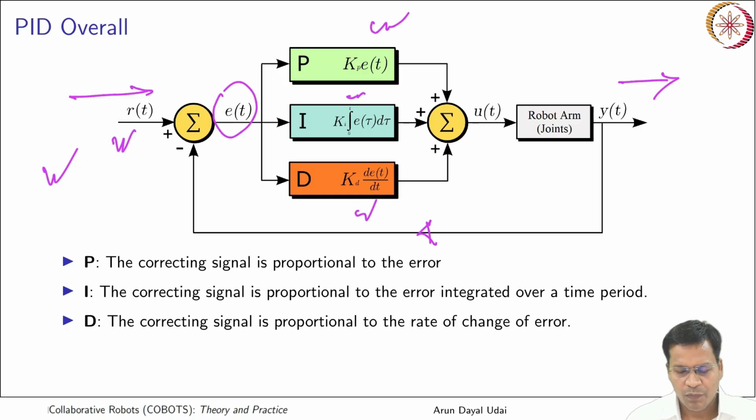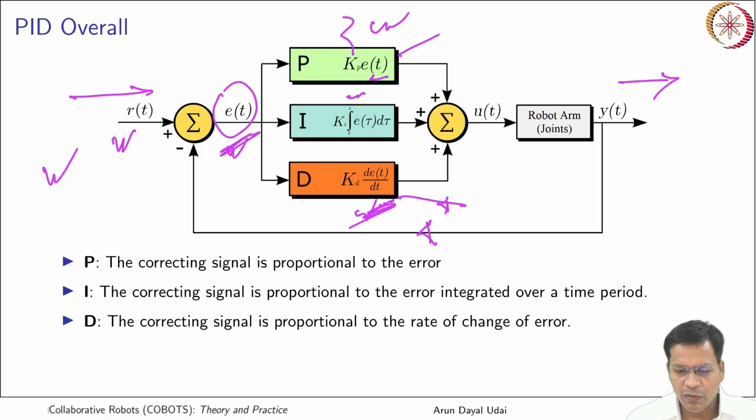Each had the terms inside. The first one is Kp, which is multiplied with the error. This is the stiffness gain, the stiffness transfer function. Next is Kd, multiplied with the rate of change of error, and multiplying with Kd you get the signal. The same error goes to all the blocks, P, I and D, and each one creates a correcting signal based on the error.